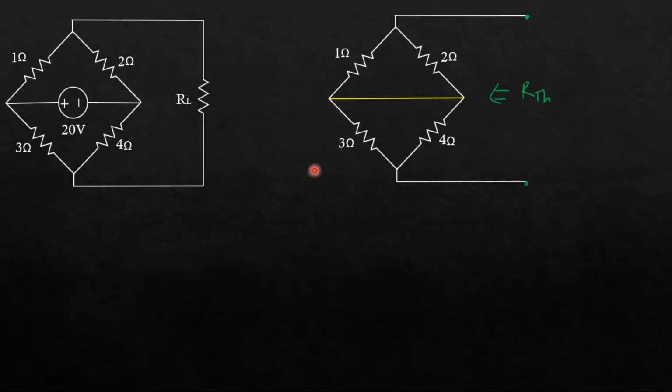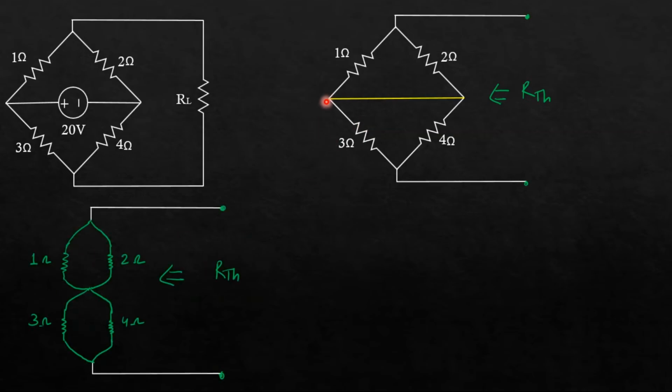In order to see clearly, let us redraw this circuit like this. What I have done is, I have joined these two terminals directly, instead of wire. So this circuit and this circuit is same, just I have modified the shape. So from here you can clearly see that these two are in parallel and similarly these two are in parallel, and the parallel combination of both are in series. So RTH will be equal to parallel combination in series with parallel combination of other two.